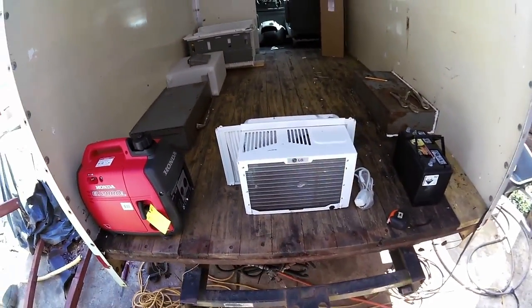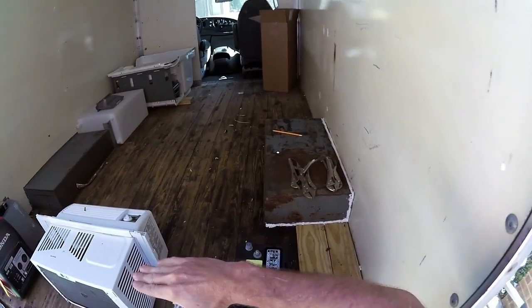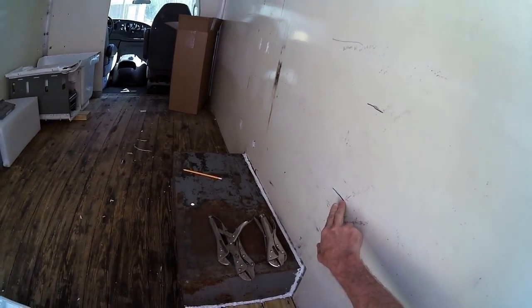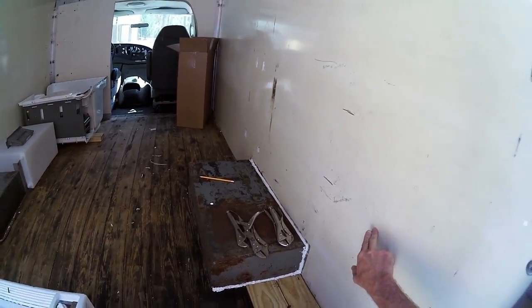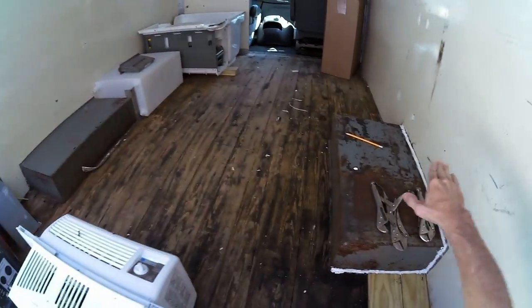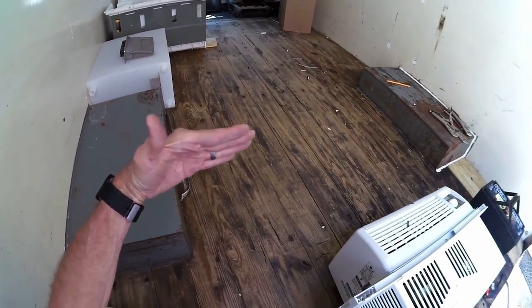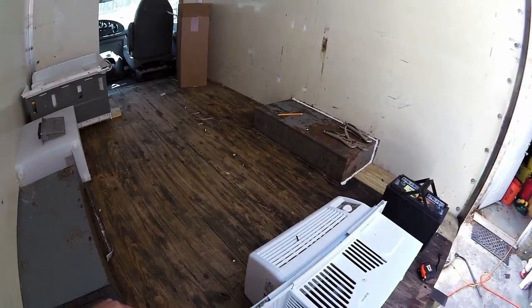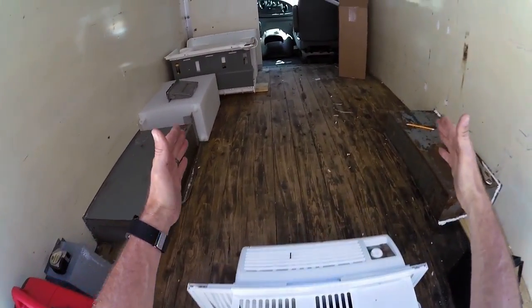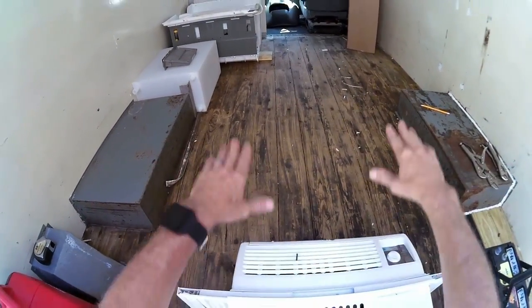Over here is how I'm going to plan out the back. I plan on making a shelf right along this line right here. I don't know if you can see that line right there, but that's going to be the bed frame, and it's going to come on back here. It's going to be a metal boxed enclosure that's going to go all the way across to the other side, and then go down right about where the air conditioner is. And that's going to be like the back bench of the king size bed. I'm going to cut out the middle of the king size bed right here. And this will be the back part of the bench, and the air conditioner will come out from the bottom